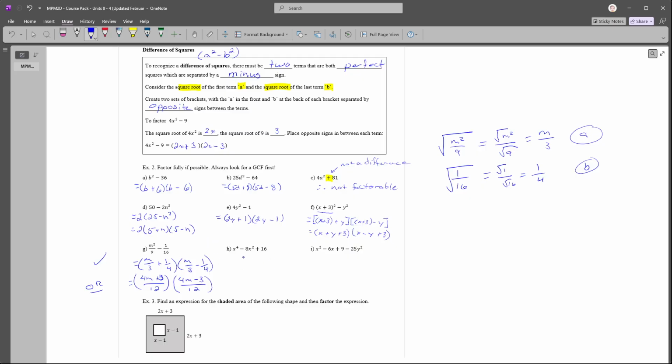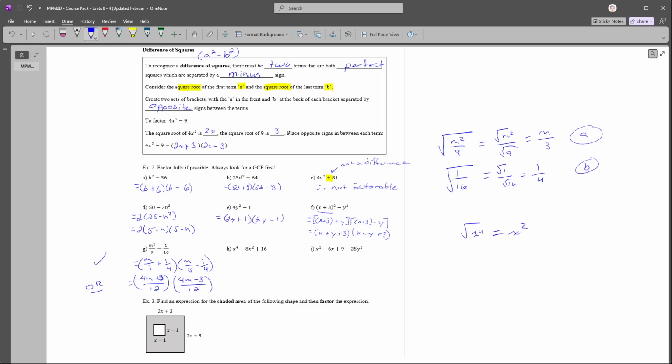Alrighty. We look again. Now we have x to the power of 4 minus 8x squared plus 16. Do we have a greatest common factor? We don't. Do we have a difference of squares? In this case, we actually can't factor with a difference of squares, but can we factor with anything else we've learned? We do actually have a perfect square, because we can see that the square root of x to the 4th